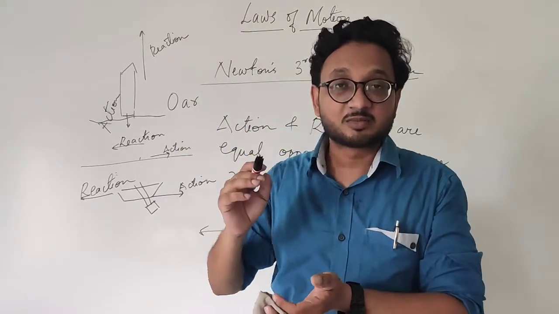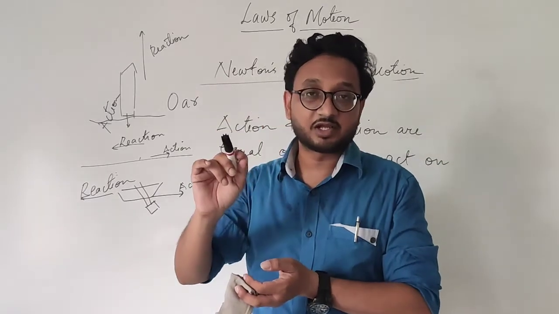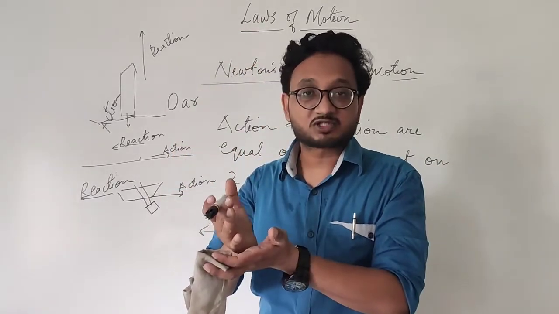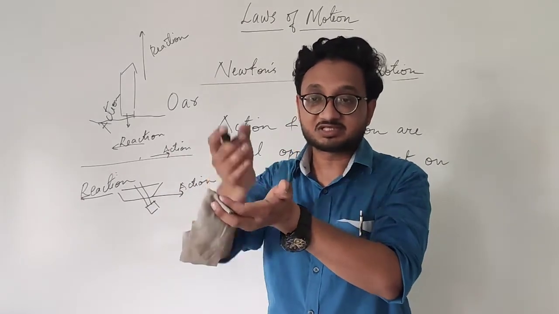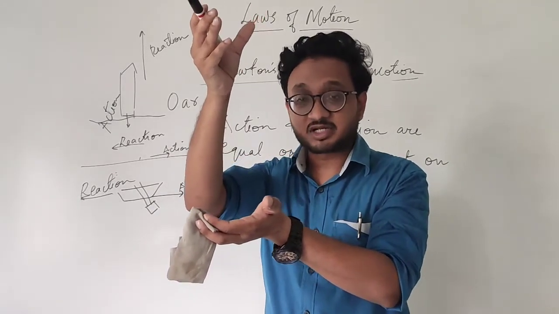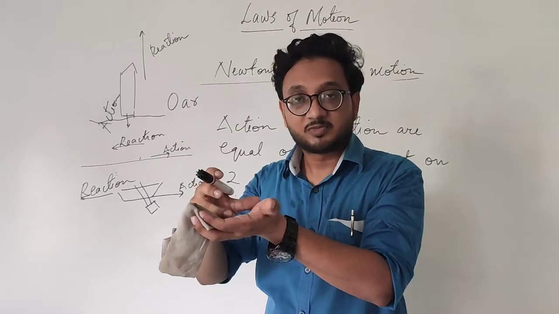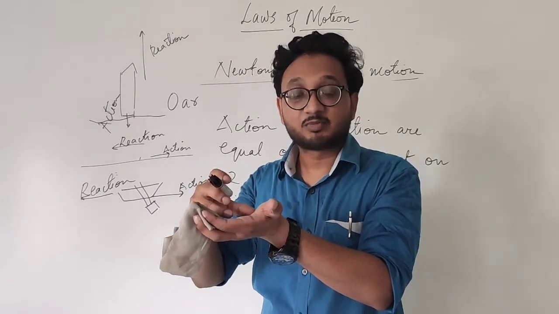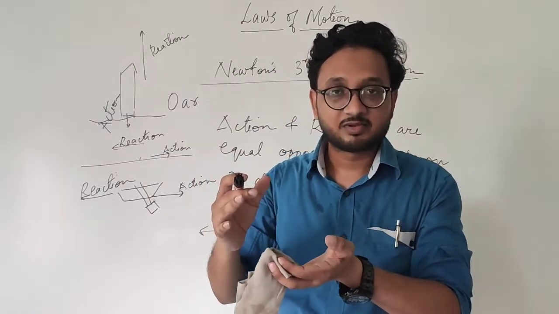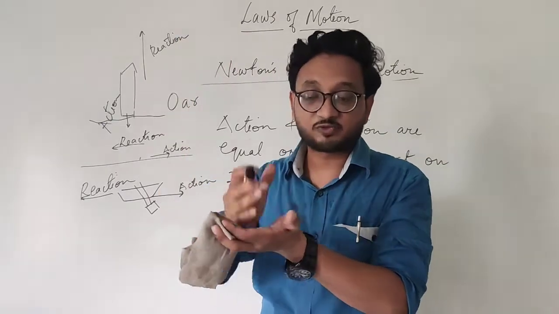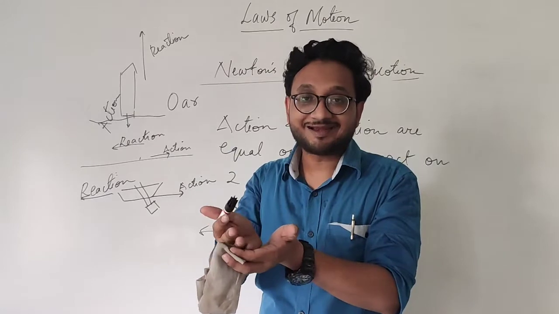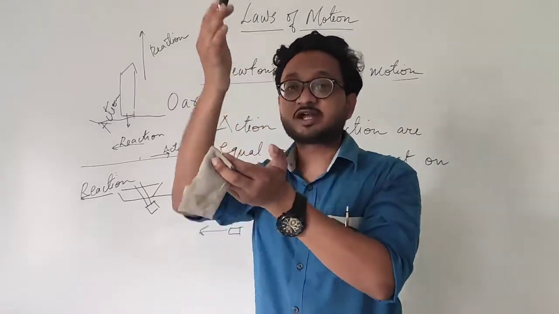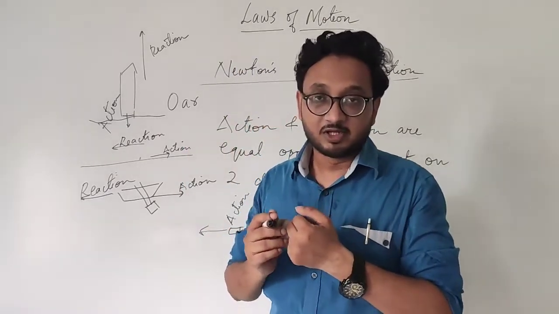The momentum of the ball is changing very slowly. The ball applies force because the momentum is changing. If he keeps the hand steady, the momentum of the ball is very fast. So whenever it lands on the hand, the momentum changes suddenly. It becomes from very fast to very slow very quickly. So there is a lot of force. Our hand has to apply a lot of force so that the momentum changes on the ball.